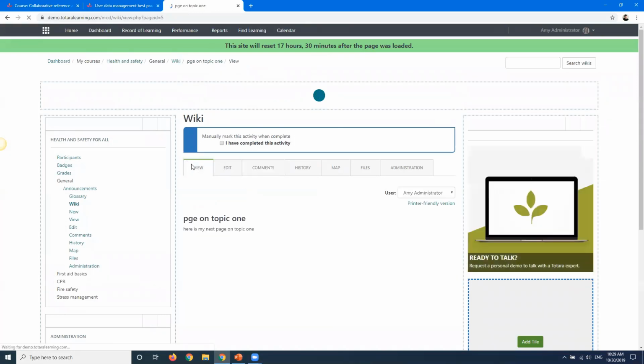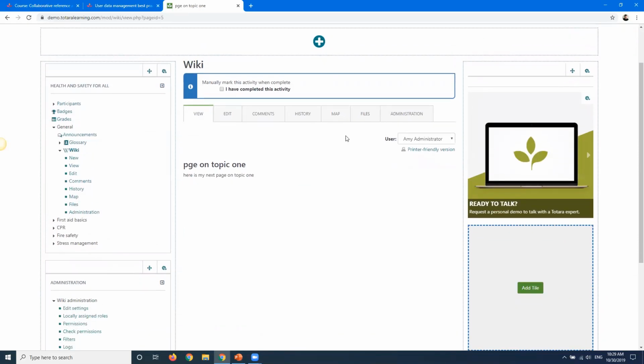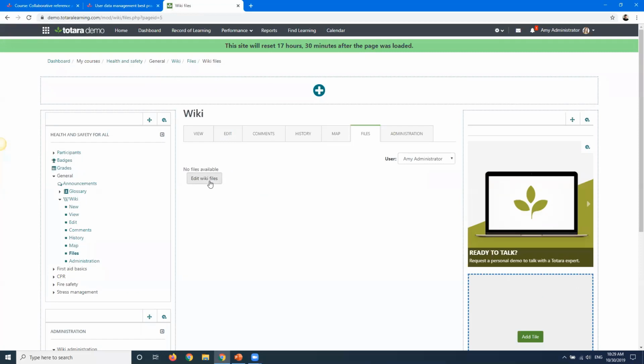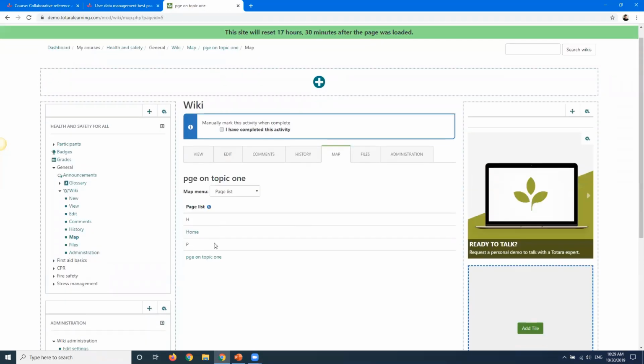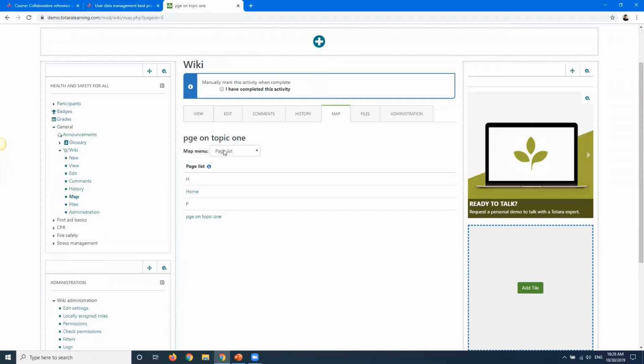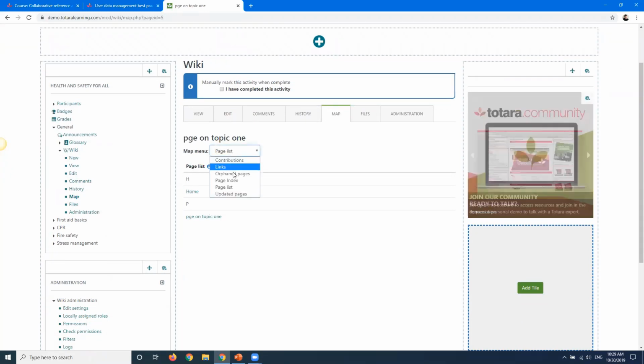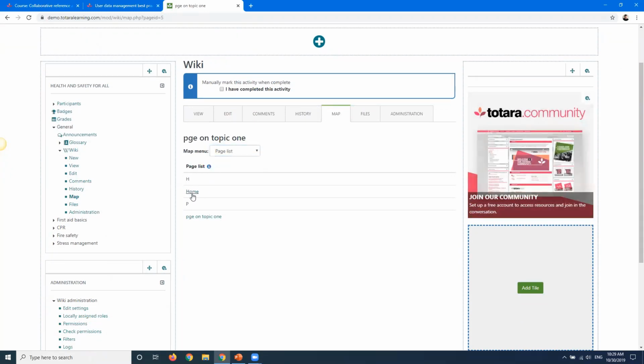If I click back over on view, what I want to do is get back to that top level homepage. So what I'm going to do is go back, click on my map, because my map is going to allow me to go through and see all my pages. And I can see the contributions coming in, things like that. So if I go back to home,